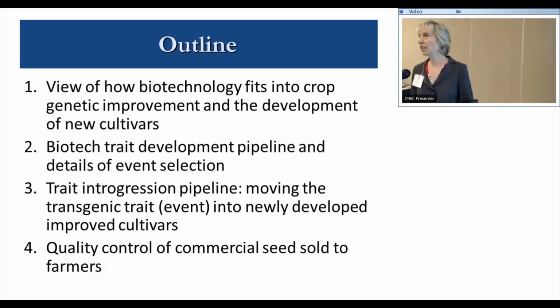So this presentation today will focus on how biotechnology fits into the overall picture of crop genetic improvement and the development of new cultivars. And specifically, we'll look at the biotech trait development pipeline and details of event selection. And it will look at the pipeline for trait introgression, that is to move the transgenic event into newly developed improved cultivars. And then finally, we'll briefly touch on quality control elements for monitoring commercial seed that goes out into